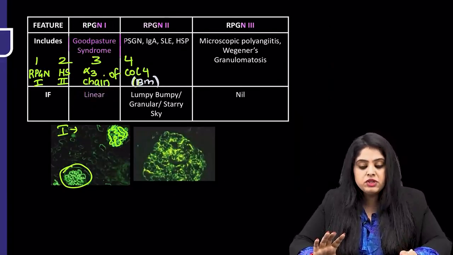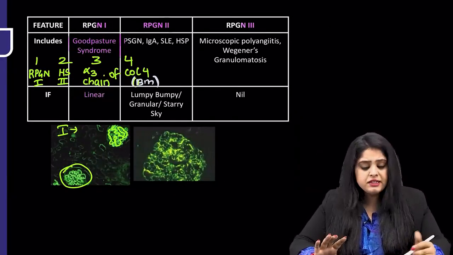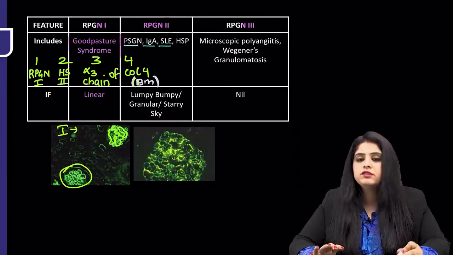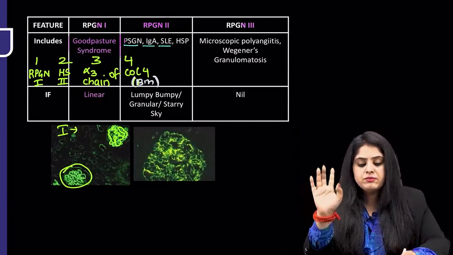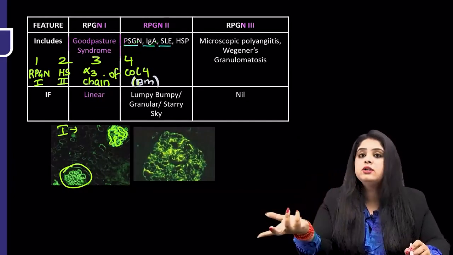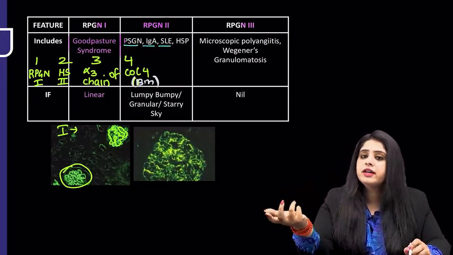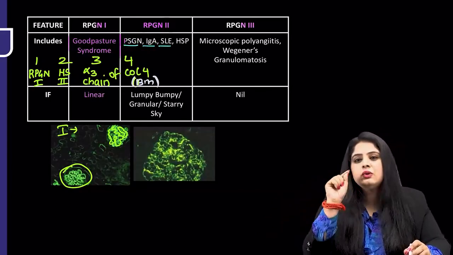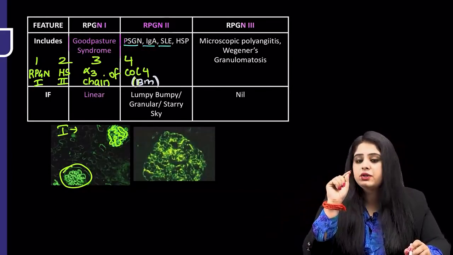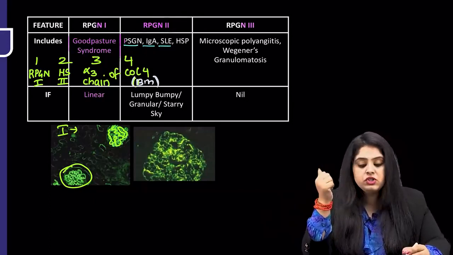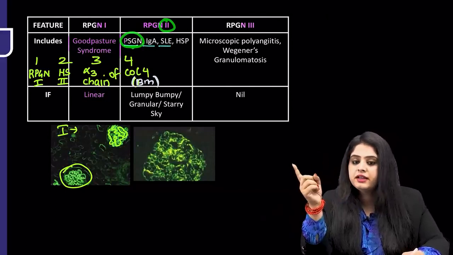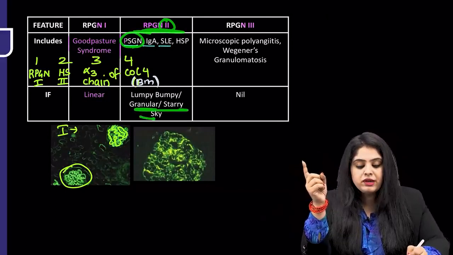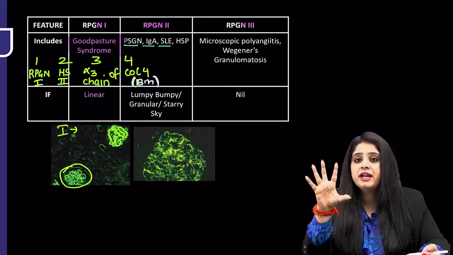When I come to RPGN2, I realized that all these diseases that I just now studied, PSGN and IgA, you'll say, ma'am, cheating. You had said PSGN and IgA get okay within 6 weeks, everything is fine. Yes, but did I tell you that 1 to 2% of cases sometimes don't get okay? Sometimes they can progress and have RPGN, right? So which RPGN? RPGN type 2. So simple. If PSGN had starry sky,